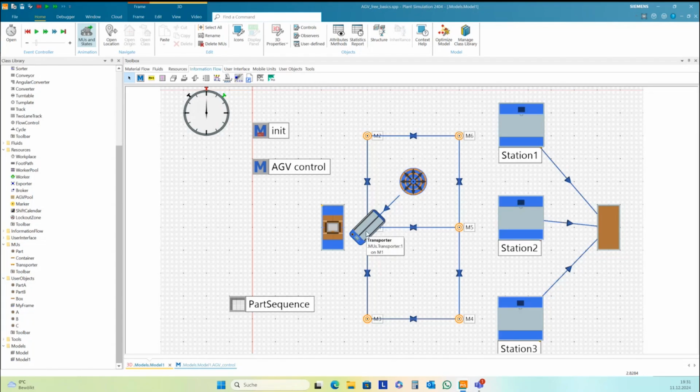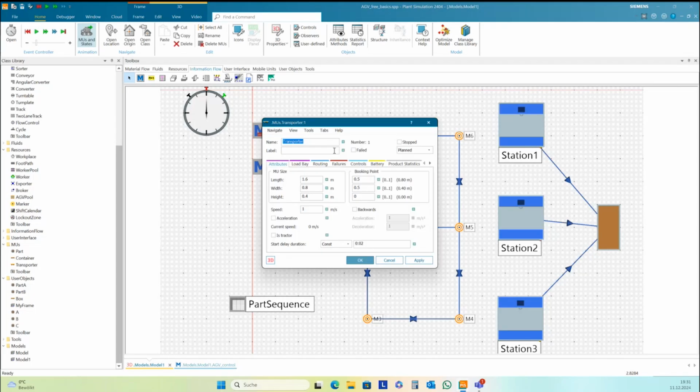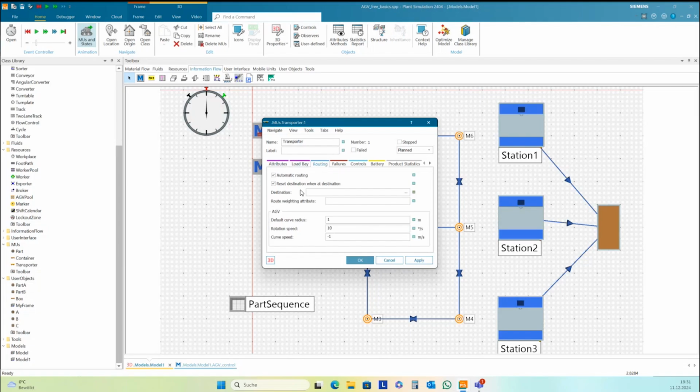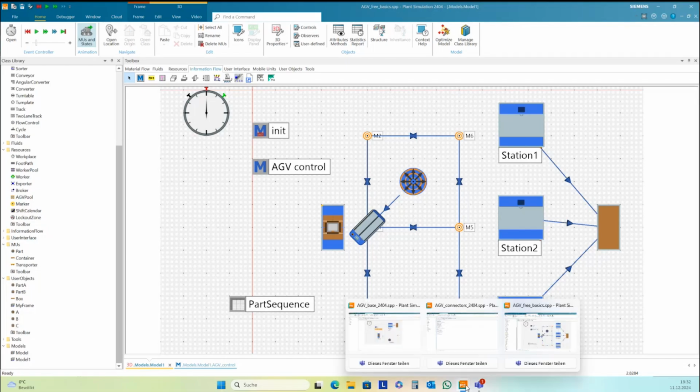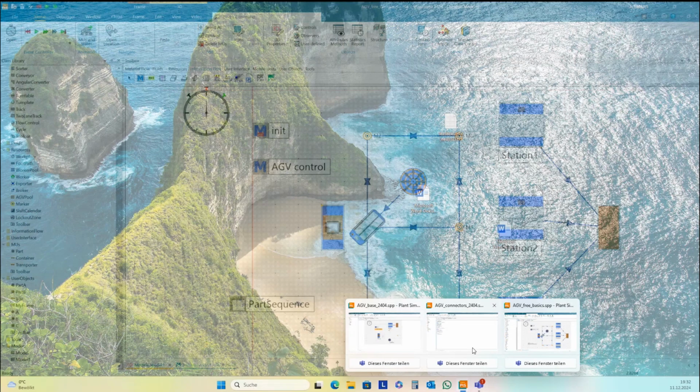It stops by itself, and here it loses the setting for the destination because this is active, and it's better to keep it in this way. The destination will be deleted if it reaches this marker. Okay, let's continue.